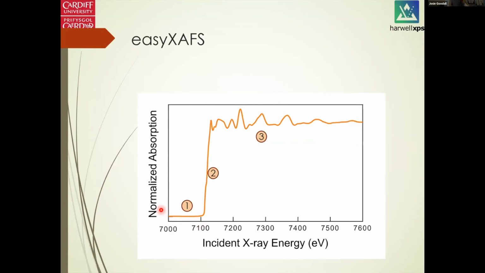You have this pre-edge where the electrons absorb a certain amount of energy and can move from an occupied to an unoccupied state. Then this near edge area, the shifts and changes will provide the oscillation states of the elements. And this oscillation gives us the local structures of the